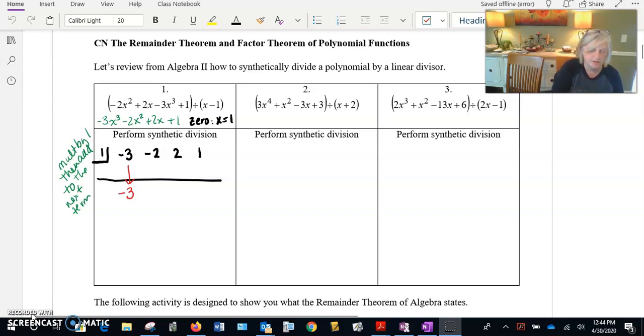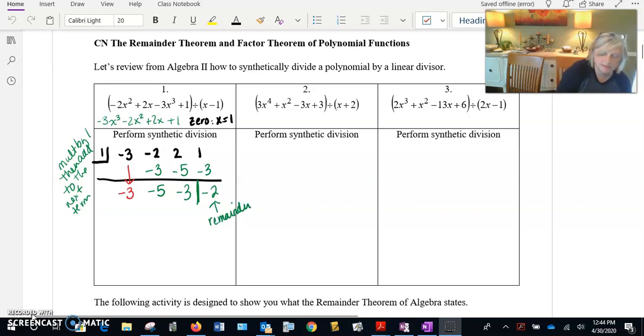So I drop the negative 3 down. I multiply the negative 3 times 1, which is negative 3, and I put it in that location. Then I add those two in the column, so negative 2 plus negative 3 is negative 5. And then just repeat: multiply, negative 5, add, negative 3, multiply, negative 3, add, negative 2. I usually draw a line right here because that tells you this number right here represents the remainder,